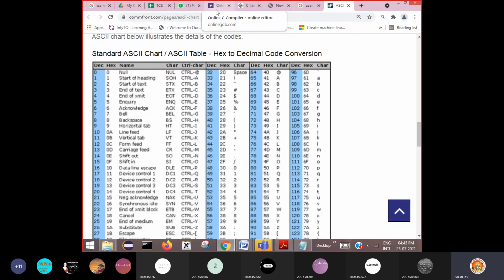Capital letters come first, then lowercase letters come after. If you remember these, I'll write a comment.